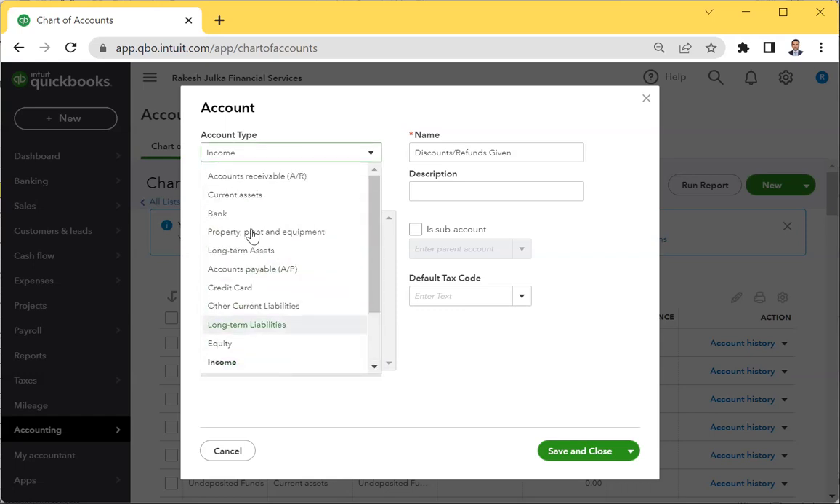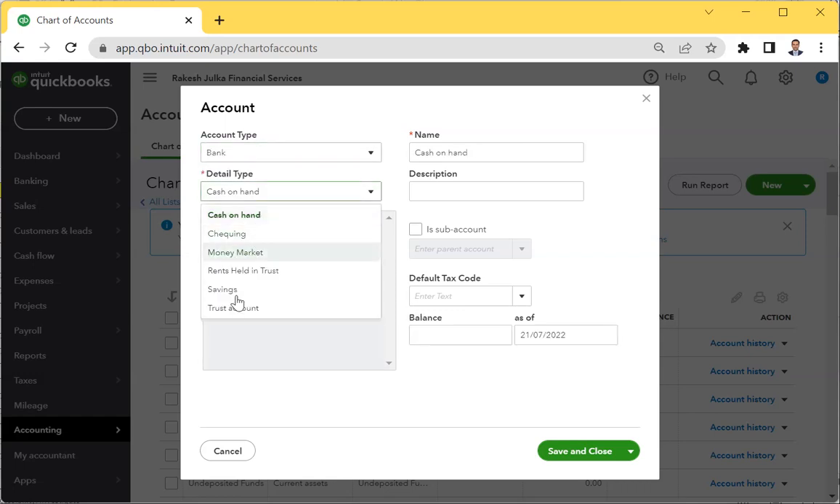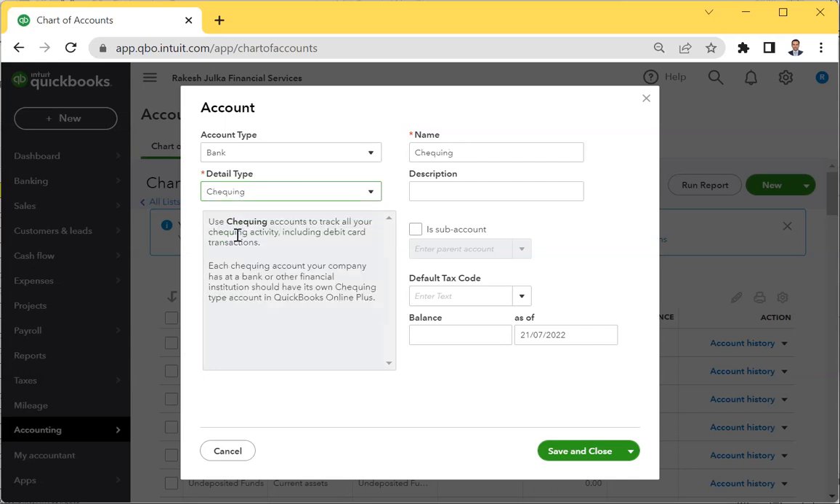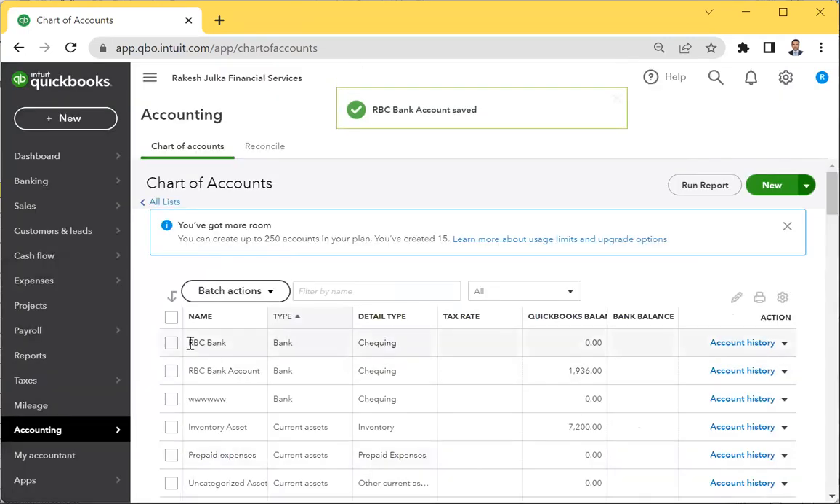I'm just going to select right now for bank, then this is automatically changed. I'm going to select here checking account. Here we can change the name, for example, RBC Bank. In description, if you want to write some description, we can, otherwise no problem. Save and close. So now you can see at the front, the RBC account is here